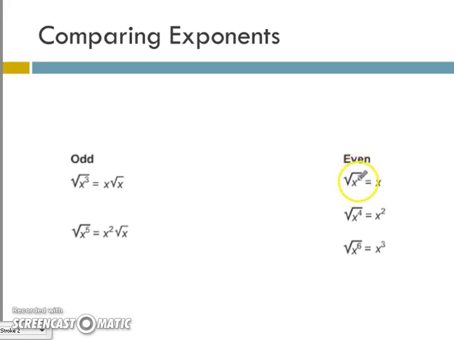So x squared, there's 1 left over. X to the 4th, you cut that exponent in half, your answer is x squared. X to the 6th, cut that exponent in half, your answer is x cubed. The same kind of pattern kind of works with the odd ones, except you're going to subtract 1 off, because